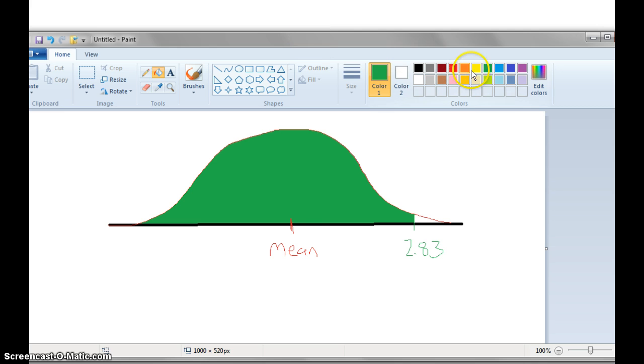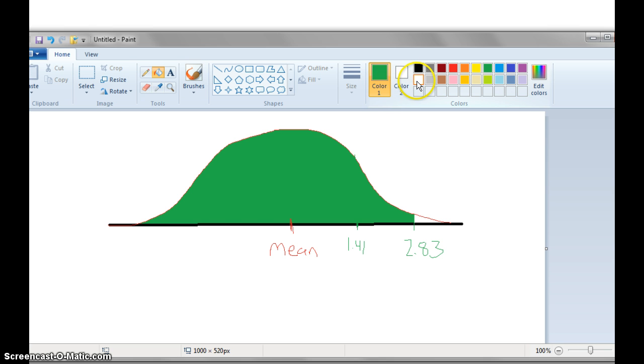So 1.41 would be 1.41 standard deviations above the mean, which, in a rough sketch, is about right here. So what's actually the chances of being between those numbers? Well, we have this shaded part that's everything less than 2.83. What we need to do is just subtract off this part we don't want, because all we want is in between. So we subtract off,